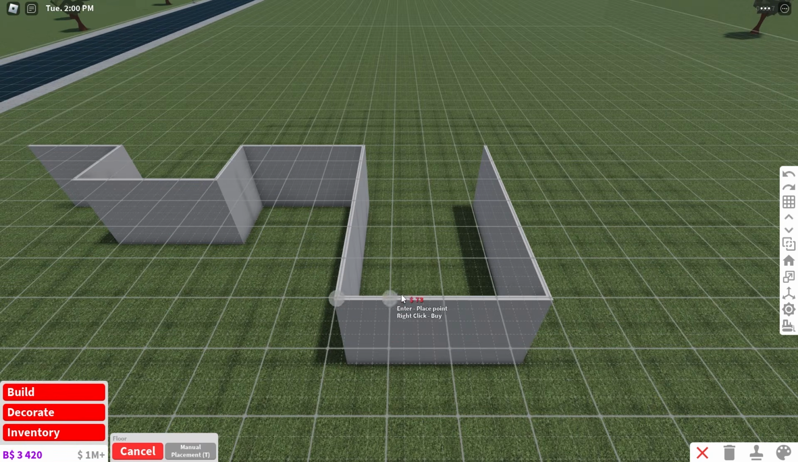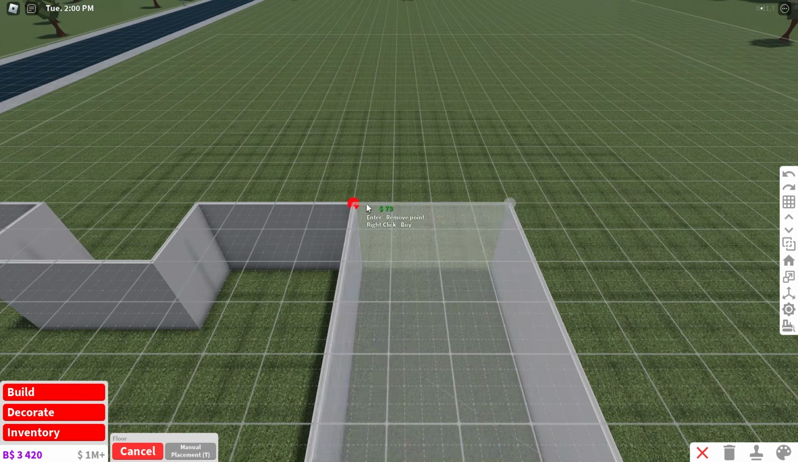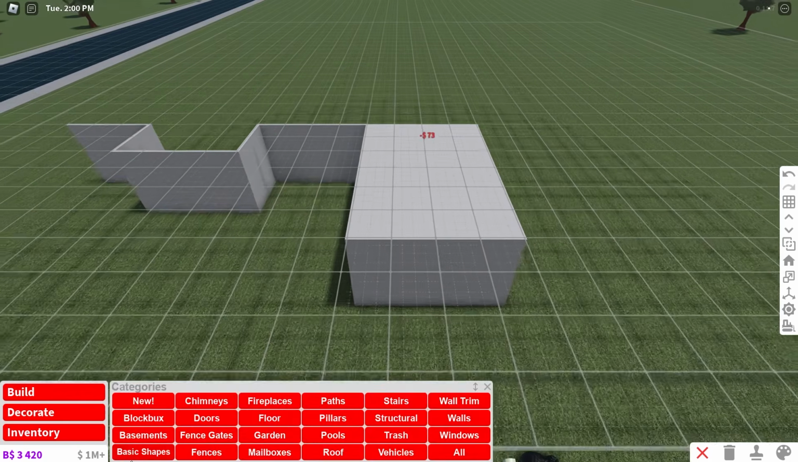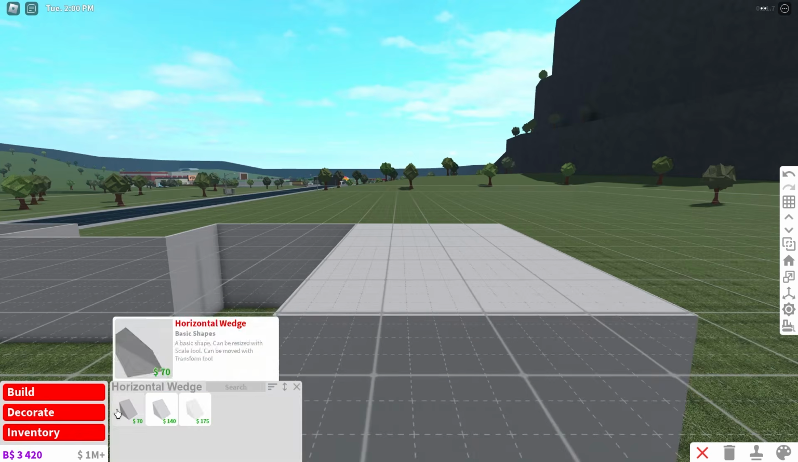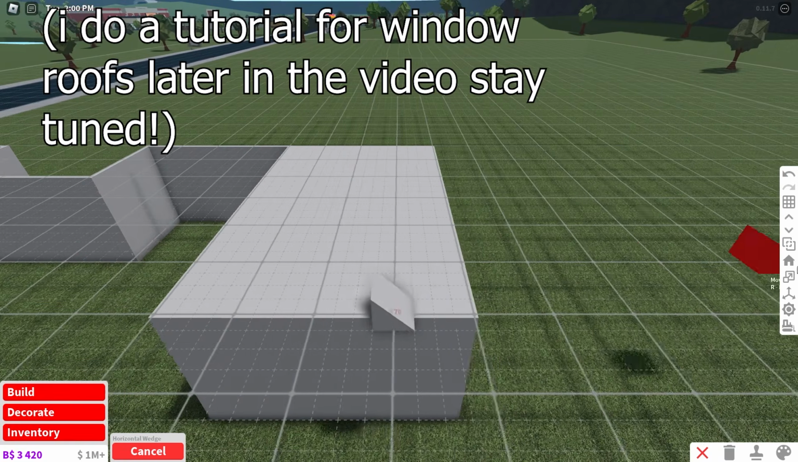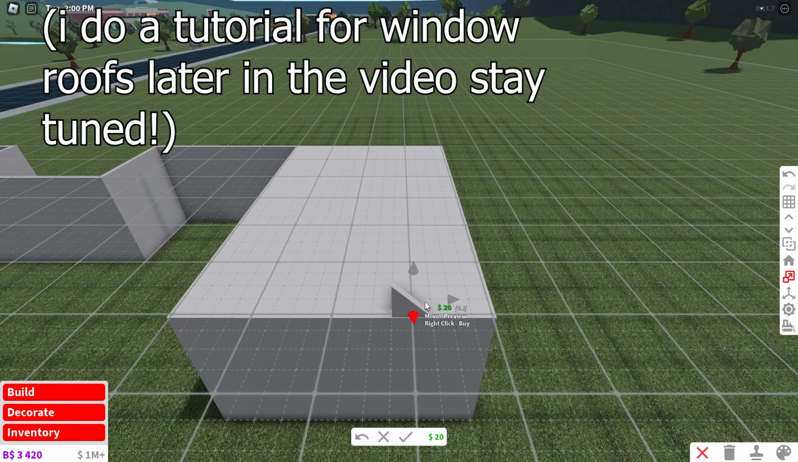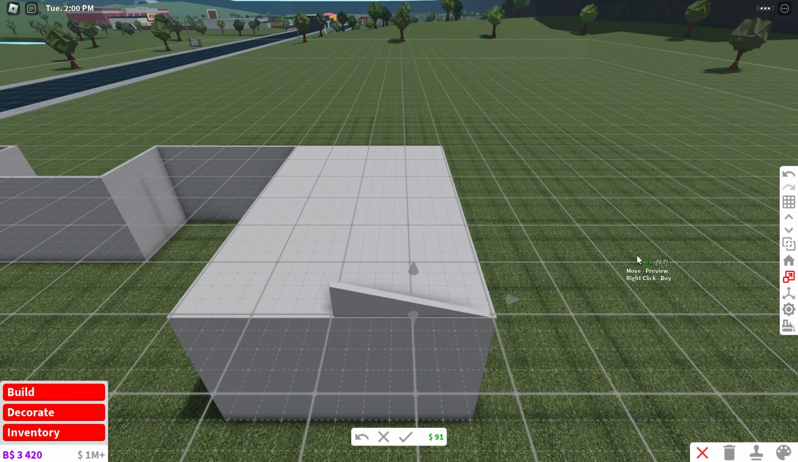Alrighty guys, so once you have your house layout here and you've got an area you want to put your roof, first I like to do a floor here, and then I like to decide if I want to have my windows connect to the roof or if I want it just to be a wall. If I want it to just be a wall, I'm going to get my horizontal wedge and resize it so it fits this,